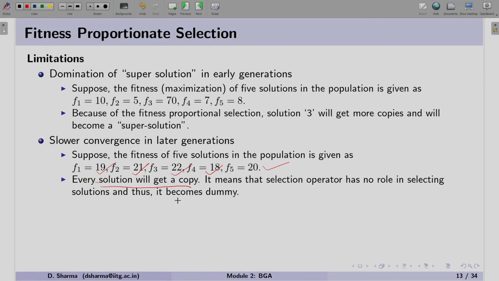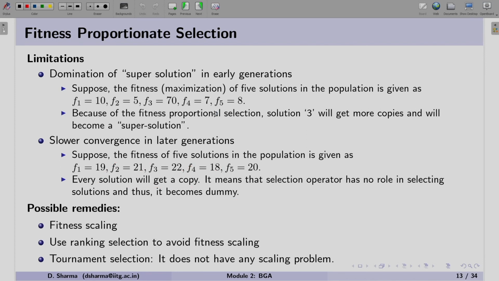In this case the selection operator behaves like a dummy, because it is selecting all the solutions in the population. So these are the two limitations: in one case we have a super individual with a very large fitness compared to the others; in the other case, all solutions have very similar fitness values.